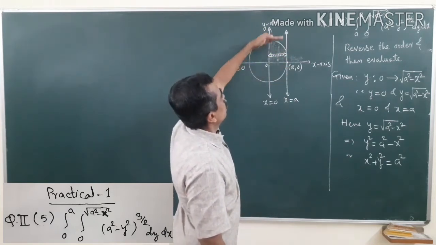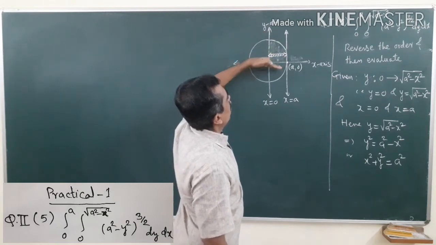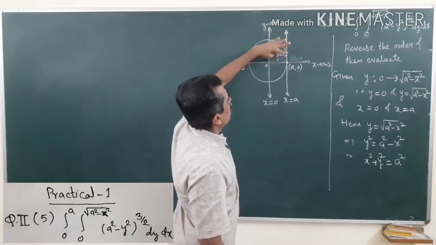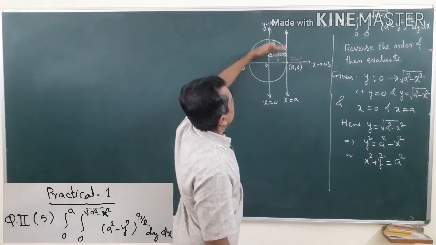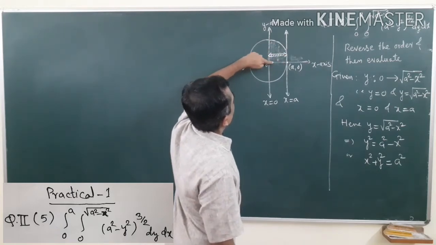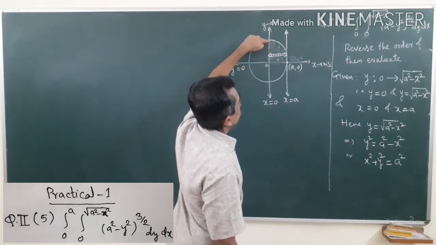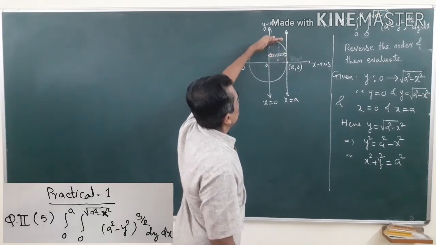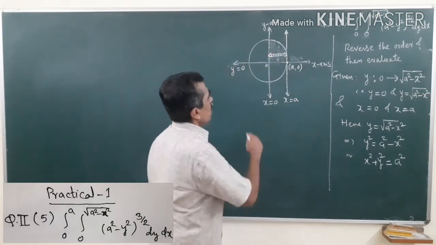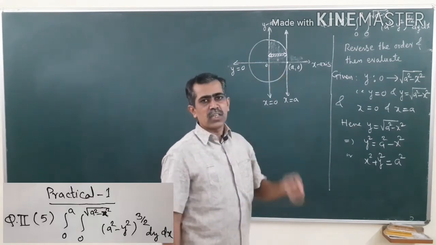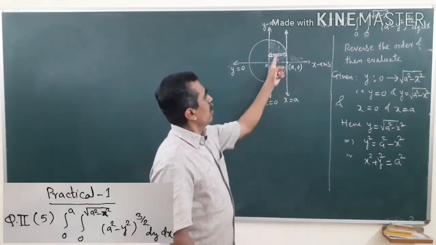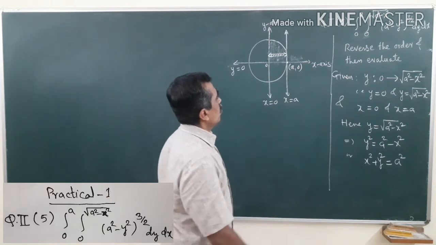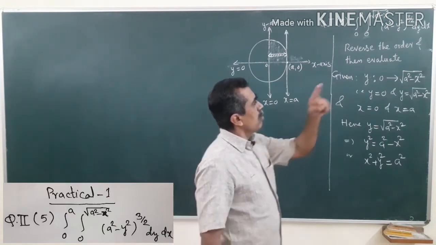So that means move it along the y-axis. So this strip will move from this line up to this point. Okay, so this line will move from this line to this line. Now see what the limits of integration are when we move this line. So is it clear to everybody?